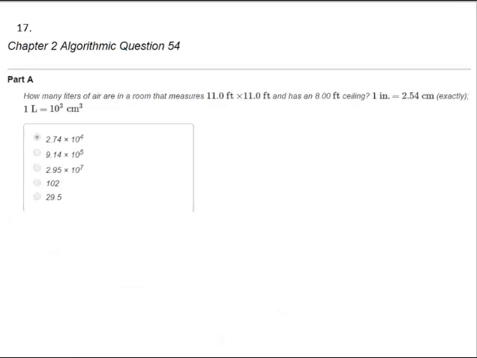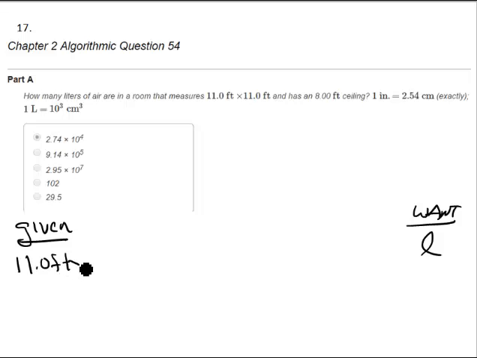Now here is really just another problem. It's kind of the same way. What am I given? And what do I want? Well, I read here that I want how many liters? So I want to know liters. And what am I given? Well, I'm given that I'm 11.0 feet times 11.0 feet times